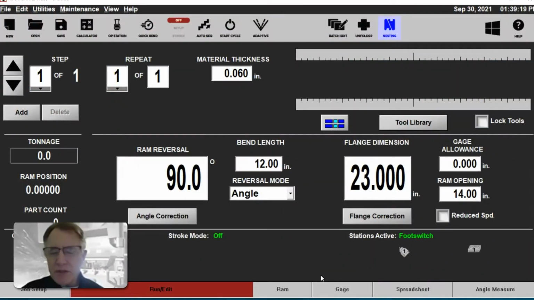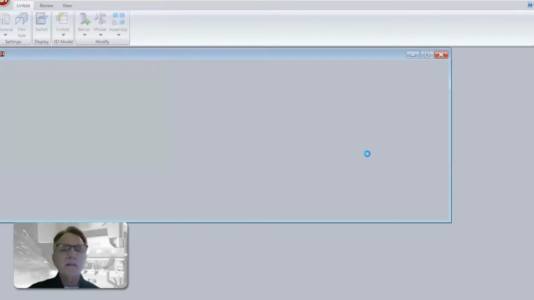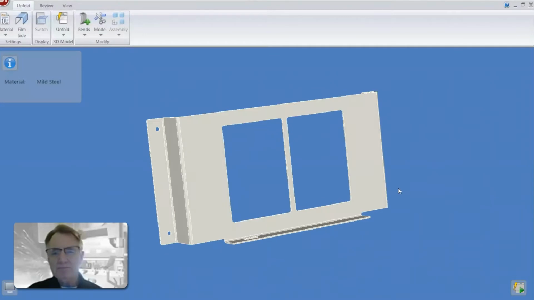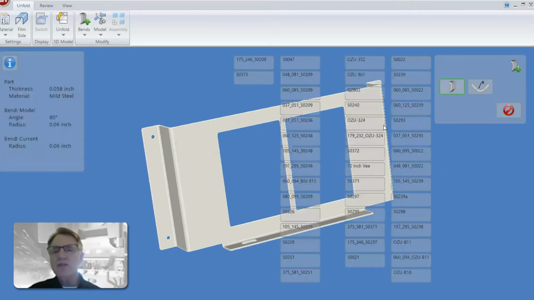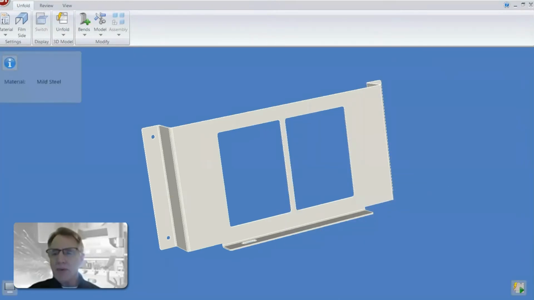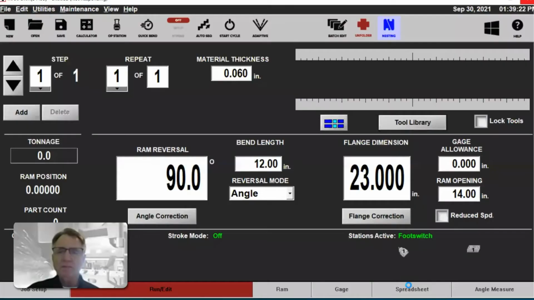To shorten the time of doing this process here, I'm going to use our unfolder module, and I'm going to bring in a part that's a solid model, okay? And I'm going to click on the bends here and apply tooling to this so that I get a flat blank that exactly represents the type of tooling that I have on hand, okay? So when I flatten this, this unique flat blank is something that will fold back up if I use these same tools in a way to give us exactly the part we're looking for.